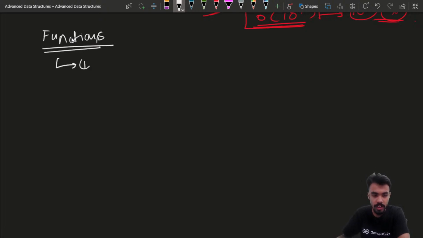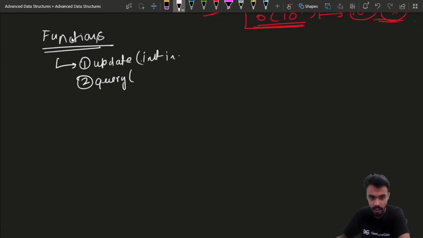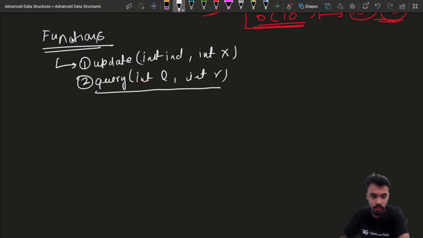Now the first thing is we require an update. Now the second function we require is query, or say sum. So for update we would be passing an index and a value, both of integer type, and in the query we would be passing two integers, that is integer left and integer right. So these were the two functions that we need to implement in our data structure,